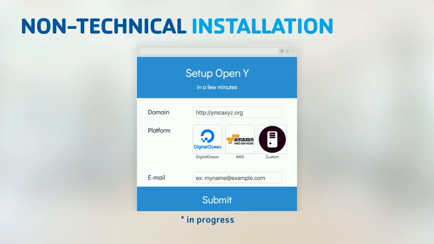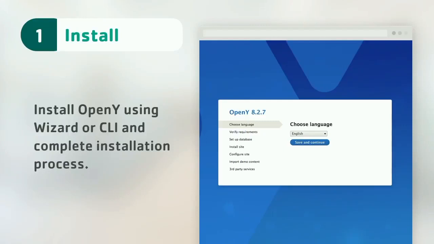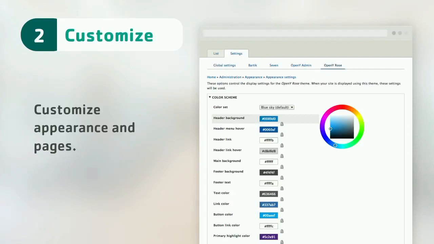As an example, we will have the domain. You can specify the platform. As an example, you have your own server on DigitalOcean, or you would like to set up an Amazon server, or you have just a custom server. And when you submit, eventually, from the technical installation and non-technical installation, you will get to the place where you should complete the default wizard for the Drupal installation. So you will go through default steps, and also you will go through custom steps in order to select demo content that you would like to see on the website. You can select components that should be enabled by default, and eventually you will get a new website.